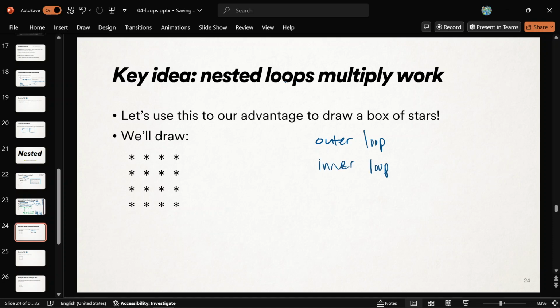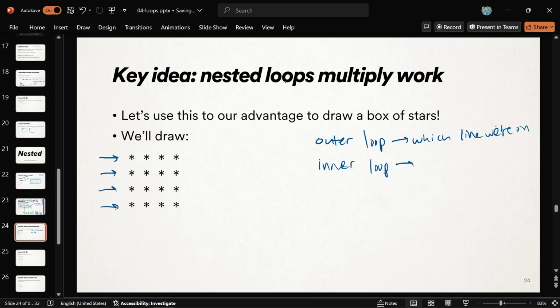And here's what's going to happen for the outer loop. The outer loop is going to worry about which line we're on. Like, are we on this one, this one, this one, or this one? Okay. It's going to worry about which line we're on. It will end up doing that. We'll write it, and it won't be natural, I promise, which line we're on. That's what's going to happen.